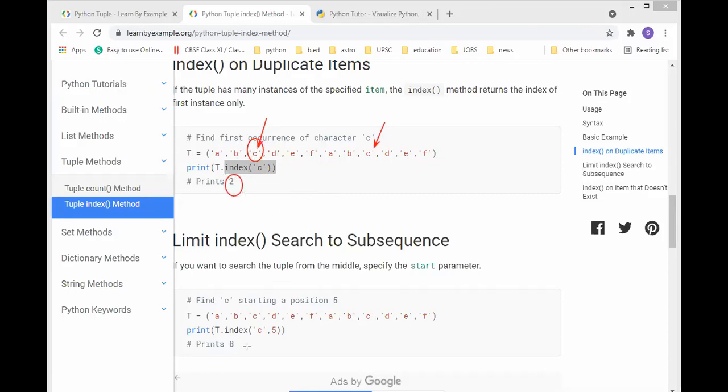But this is the next method. You can see here index of C comma 5. Here 5 represents the starting position. So you have to start the search from the 5th location. Again you have 2 Cs. Now tell me what is the answer.